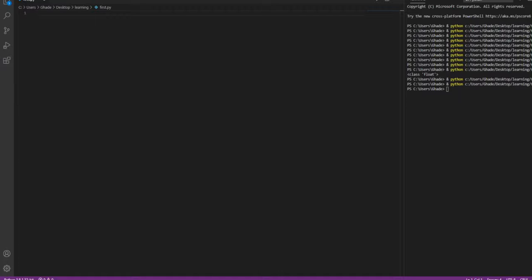Apparently I have to do this. I have no clue what it is, but why? I don't know why. So I have to print